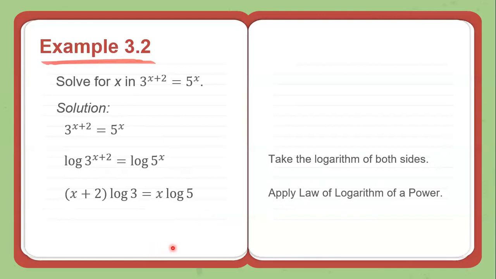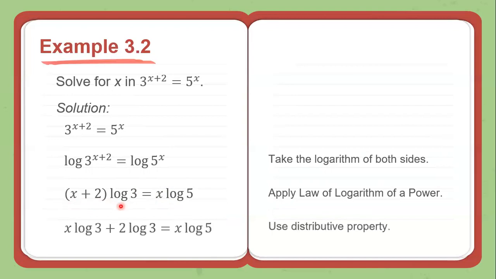So we know, class, that our goal is for us to place all the terms that have the variable x on one side of the equation so we can easily find the value of x. In order to do that, we need to first distribute this into this. So we will have x times the logarithm of 3 plus 2 times the logarithm of 3 is equal to, just copy this, x times the logarithm of 5. Next step,